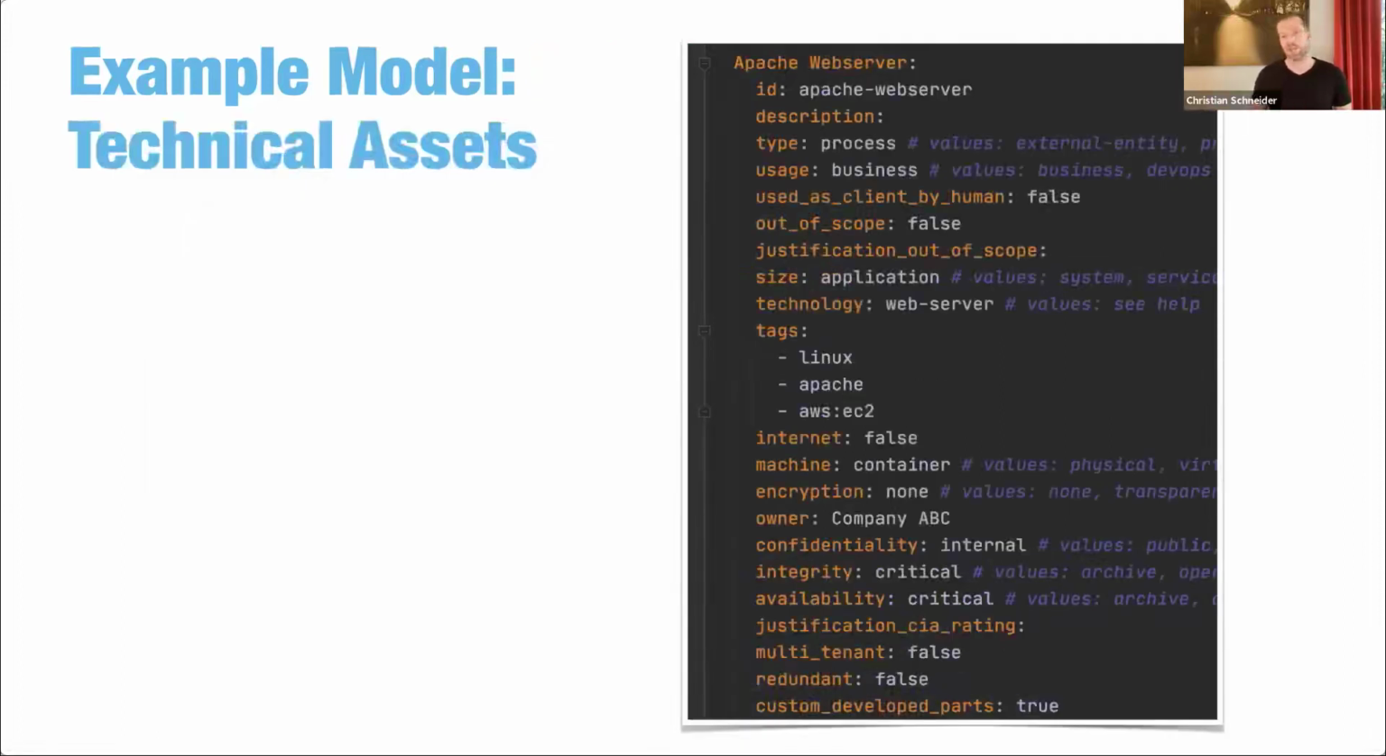And then you model the technical assets, the components you would draw on a whiteboard. Here's some example, also from the example file, a web server with an ID, obviously to reference that later on, a selection of type, that's from classic threat modeling. Is it a process, a data store, or an external entity? A little bit of more questions to be answered, and also some information about the encryption of that thing, or also the CIA, confidentiality, integrity, and availability ratings,